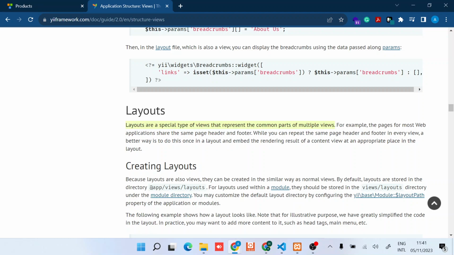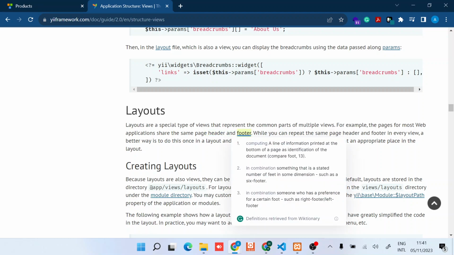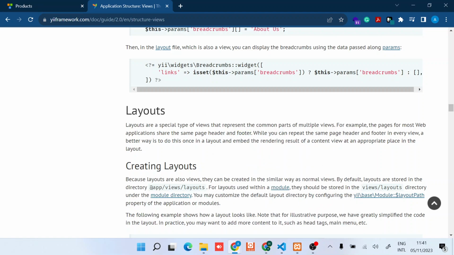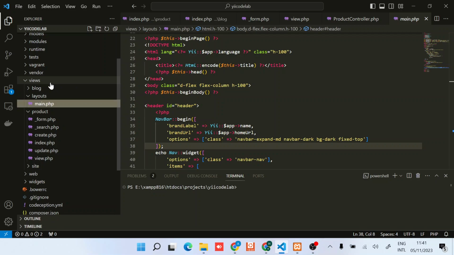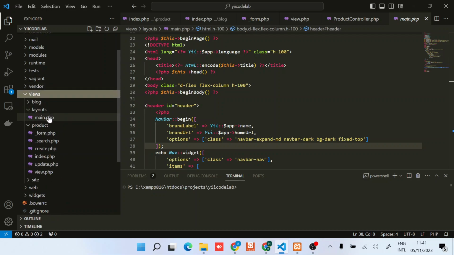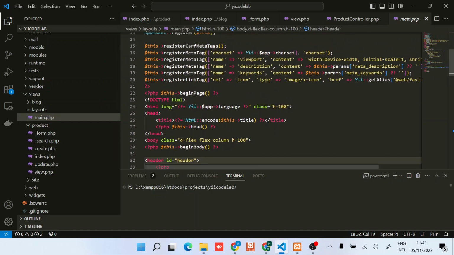For example, you have maybe 20 pages with the same header and footer. The ideal way is to ensure that you create a common layout that has the same header and footer, and then the content in between can be passed in dynamically. So when you look at the E2 basic template, you'll notice that in the views folder under the layouts, there is one single main.php layout where it defines